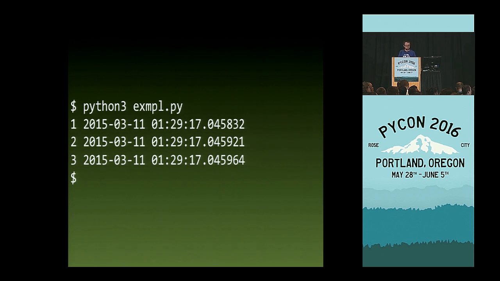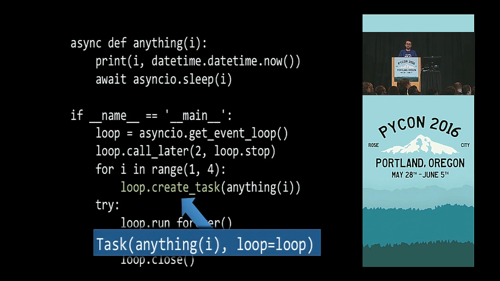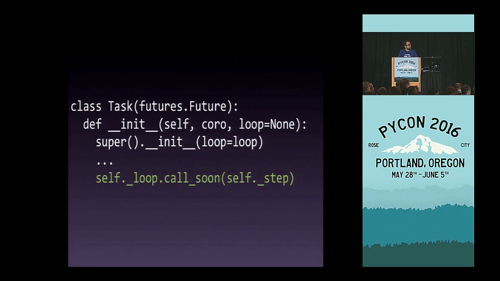Specifically, what happens when we create a task is really async IO is going to create an instance of a class called Task. So let's look inside, like how does this work? It's actually pretty easy. Tasks instantiate a few boring things, hence the ellipsis, but what it does at the end of its init method is it says to the event loop, by the way, please call soon one step of me, right?